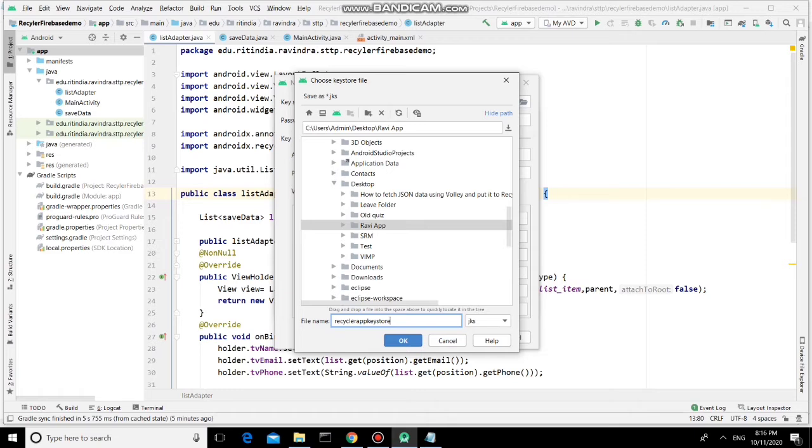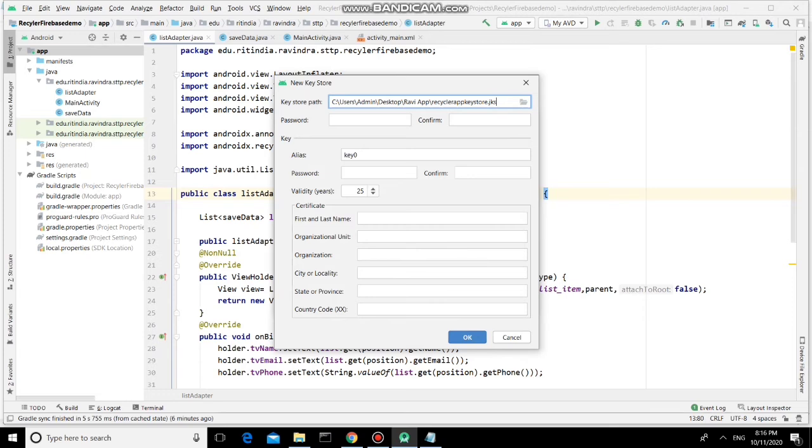Suppose initially you have launched your Android application version 1.0. Whenever you want to update from 1.0 to 2.0, this JKS file is required. If you don't have this JKS file while updating your app, then you can't update the same app. So you should keep this JKS file with you, otherwise your application will not be updated. So that is the key store file.